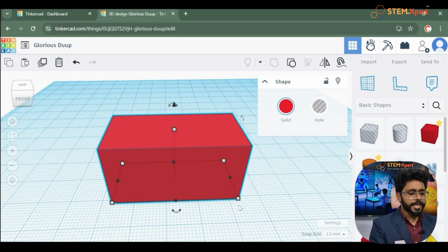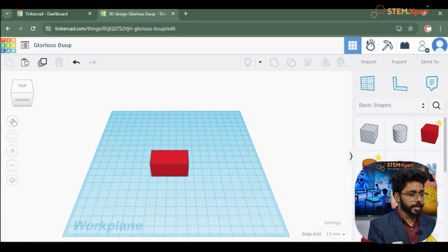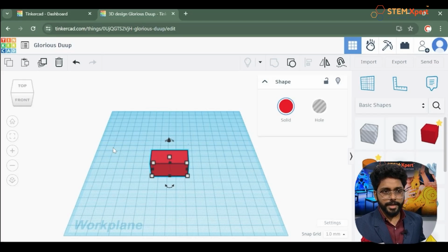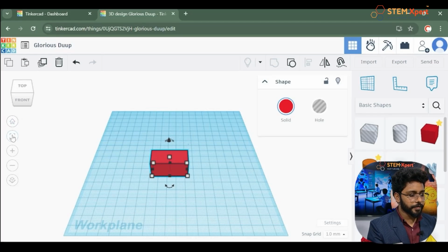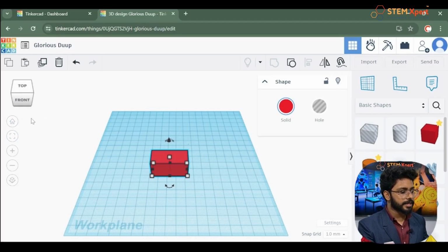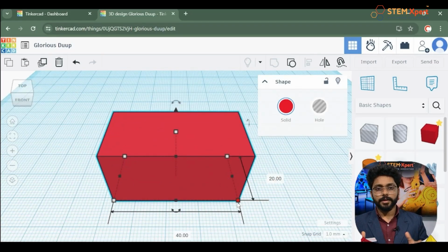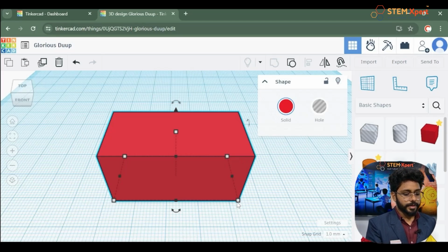Now when you want to change, if you are thinking about changing the dimensions of each object, what you can do is you can go to this home view again, select the object. So go to the home view. I hope you all are going into the home view, right? Home view design. Okay, now let's choose this fit view. Select the object. In the second step, you have to select the object and then click onto this fit view. So once you click onto that, it will take you to the object, and then you can see the sides are in